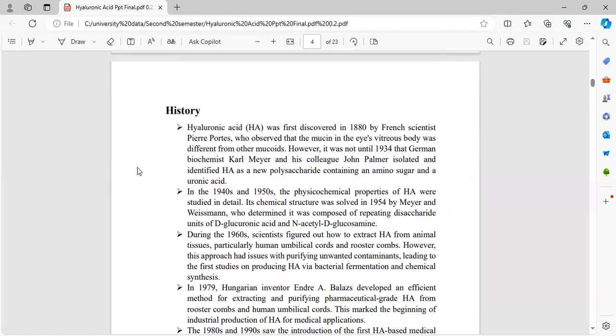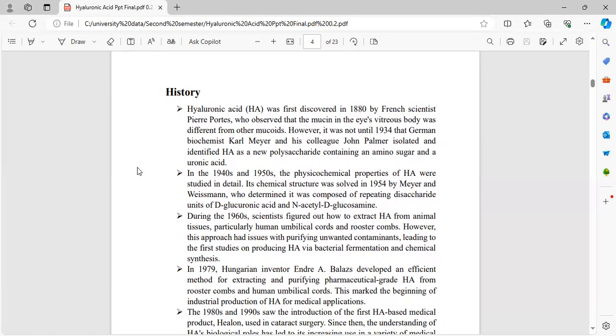In the 1940s and 1950s, the physicochemical properties of hyaluronic acid were studied in detail. Its chemical structure was determined in 1954 by Meyer and Weissmann, who determined it was composed of repeating disaccharide units of D-glucuronic acid and N-acetyl-D-glucosamine. During the 1960s, scientists figured out how to extract hyaluronic acid from animal tissues, particularly human umbilical cords and rooster comb. However, this approach had issues of purifying unwanted contaminants,